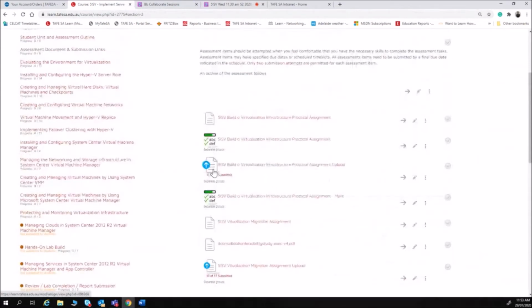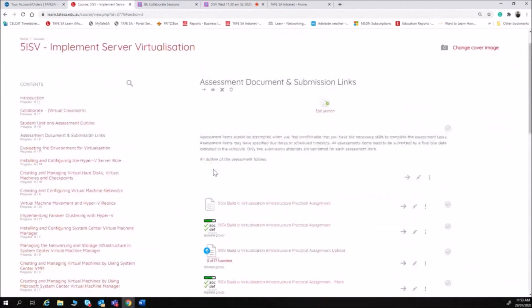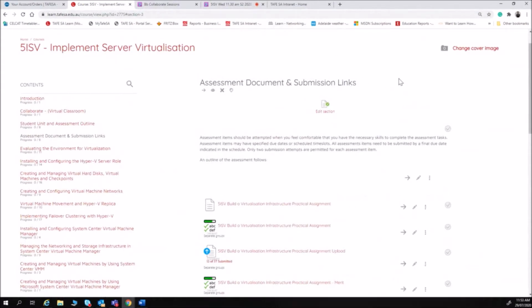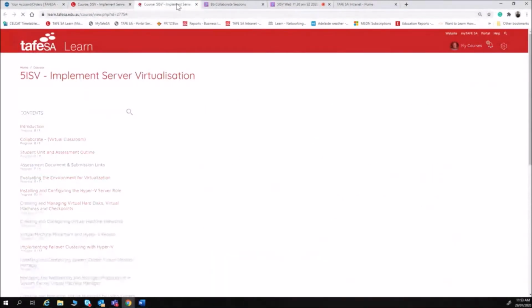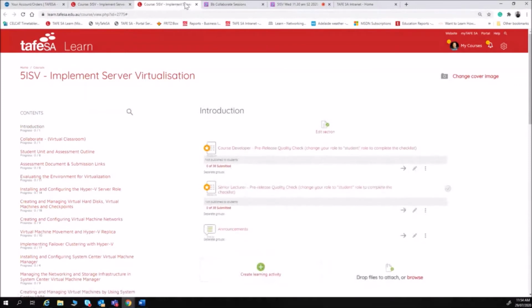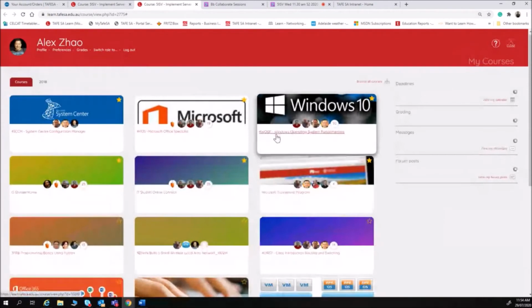We need access to some base virtual machines. Yeah, the VMs. Good point. VMs, they're usually on the L drive. So they're pretty big. If you can get to a TAFE campus, and they have an IT hub at every campus, you'll be able to access the computers there, bring your portable hard drive, copy it from the L drive, IT Studies NAS. But if you're stuck at home or you're in a regional area, which I don't think any of you guys are,